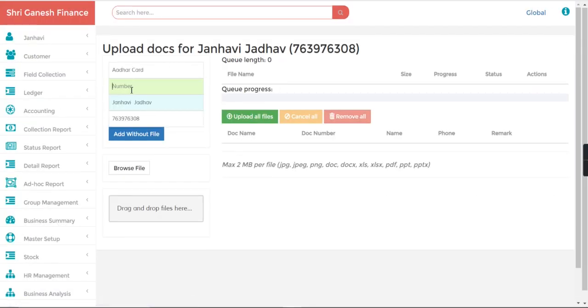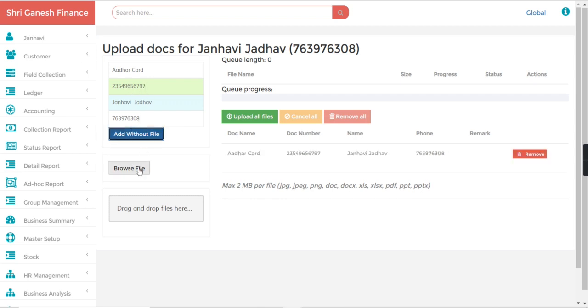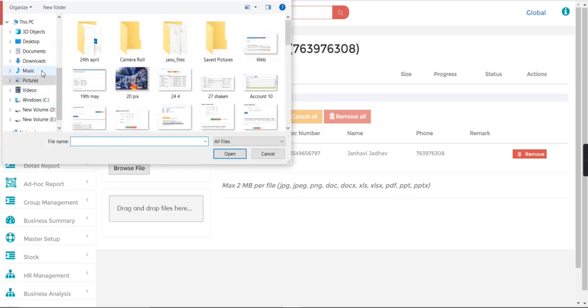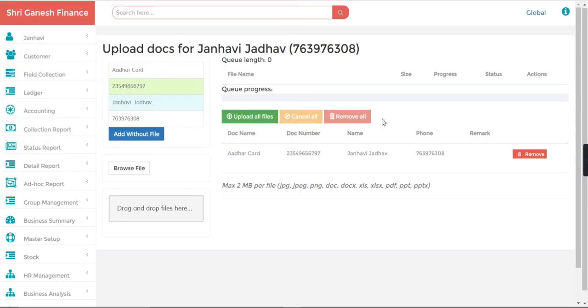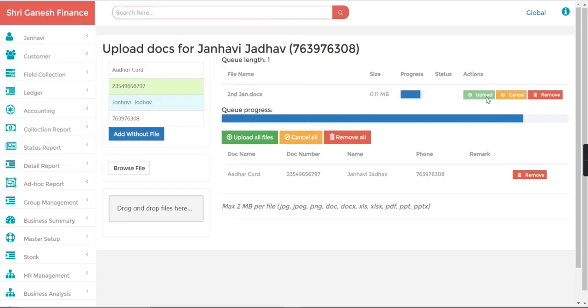So I will just select Aadhaar card, and write the Aadhaar card number. Then you can add without file or you can browse the file from here. So I will just browse file and click to upload.